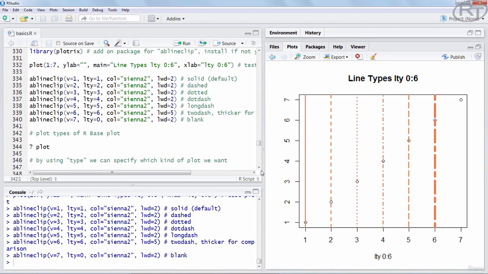Alright, with each of those 7 lines, I was actually adding a vertical line to our plot, and that happens step by step. As you can see, our first line here would be the default line. It's a solid line. The second one would be dashed. The third one is dotted. The fourth is called dot dash. Fifth is a long dash. 6 is 2 dash. And line type 0 is simply blank, meaning that there is no line drawn for this